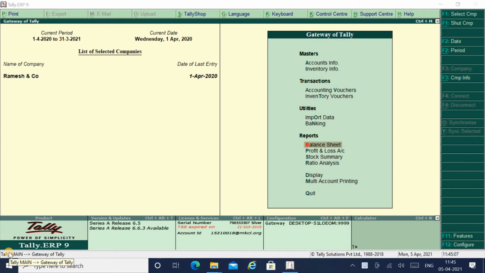Okay friends, our today's video is sold goods on credit. A very easy concept and very easy accounting entry. So this is basically the basic entry of how you have to make a sales entry when you are selling the goods on credit. In simple terms, we will follow the first method of sales and purchase, and that is known as voucher method.